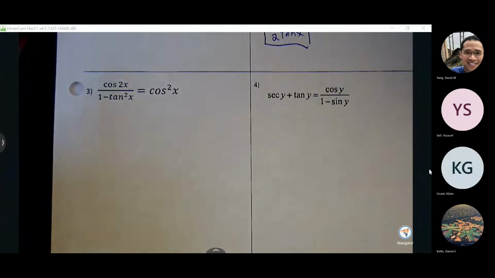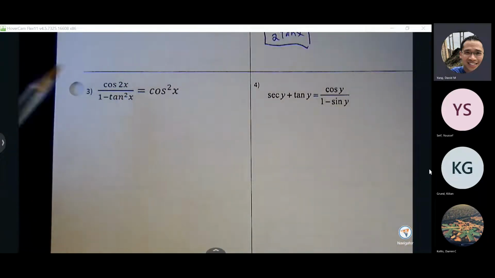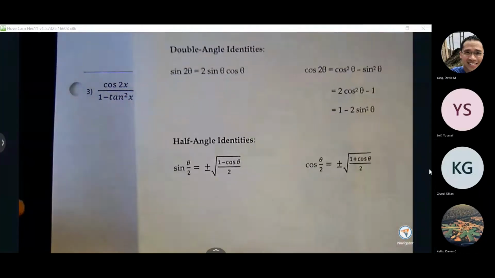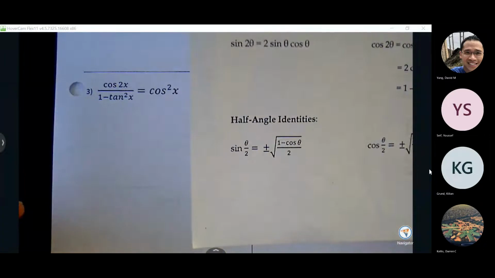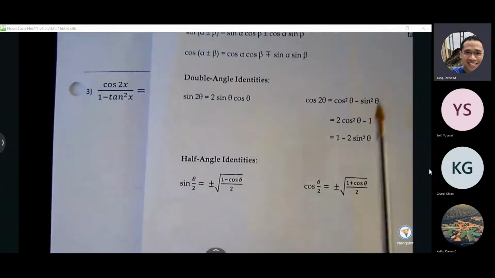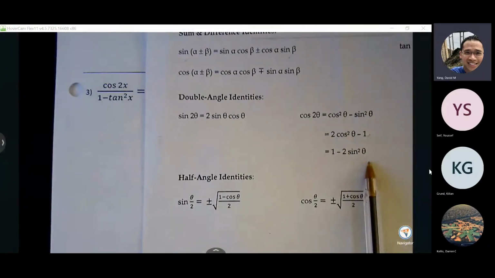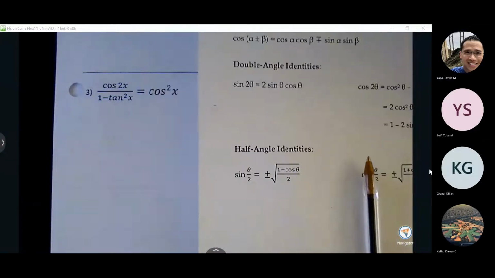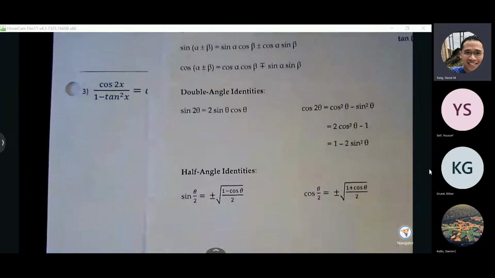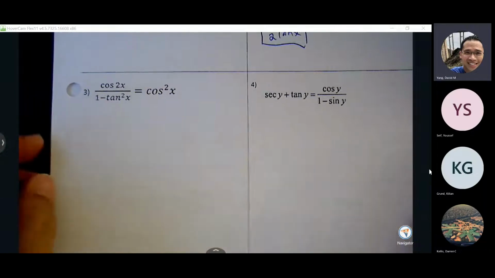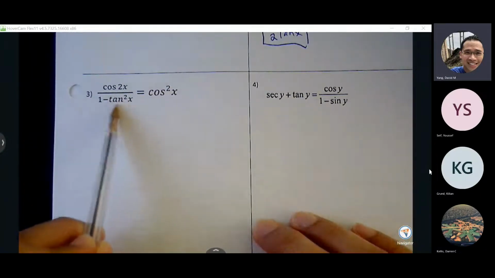Cosine 2x. We have 3 options available. You got cosine squared minus sine squared. You got 2 cosine squared minus 1. And you also have 1 minus 2 sine squared. Right, so maybe, well, I think any of these could potentially lead us to the answer here, but we see that tangent can be